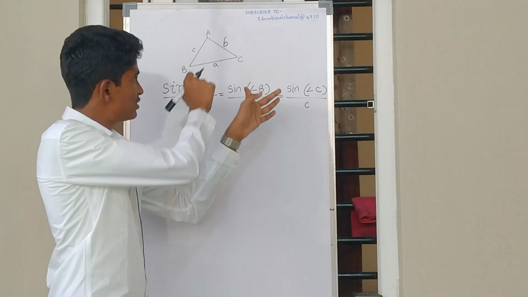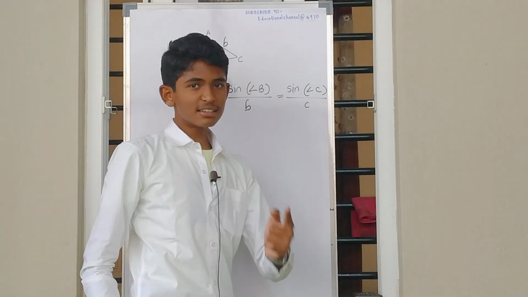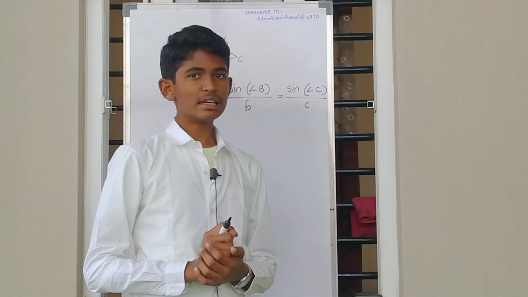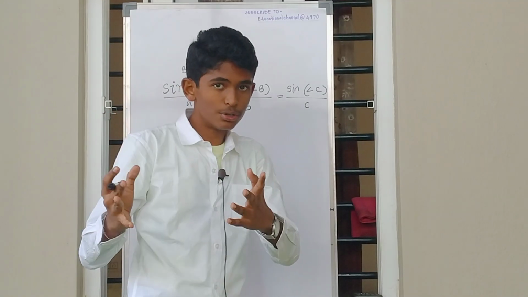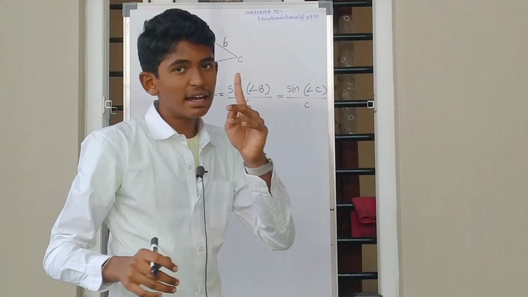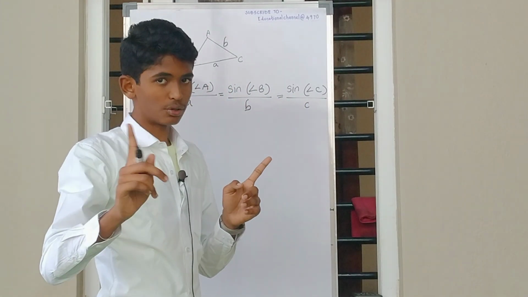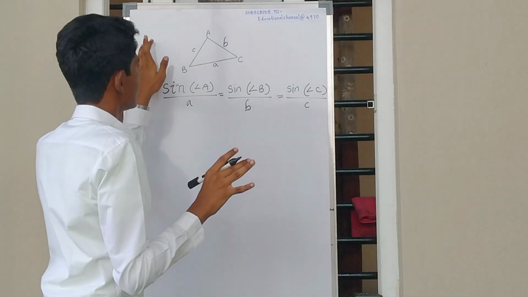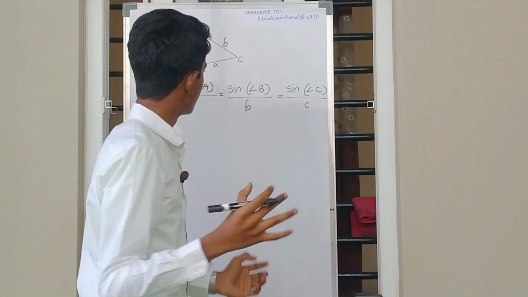This is the formula which relates sides and the angles irrespective of their measures. Except if you have an obtuse angle triangle, you will have a different approach, because the sine rule gives you the supplementary angle, and that problem we will discuss in another video. For now, we have an acute angle triangle. I did not say that this triangle is an equilateral triangle, so don't mistake anything. This is just an acute angle triangle. It can have any angles between 0 and 90.